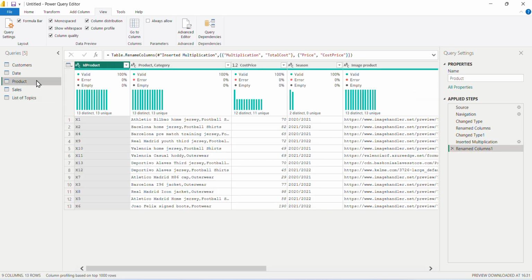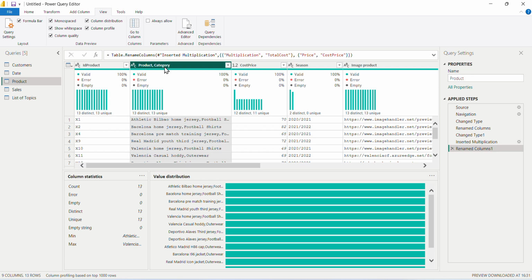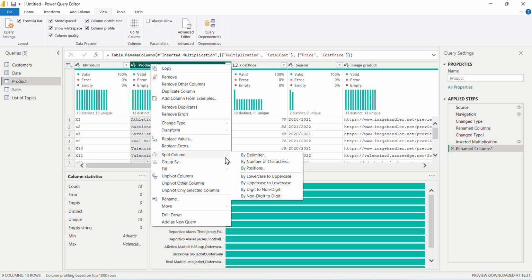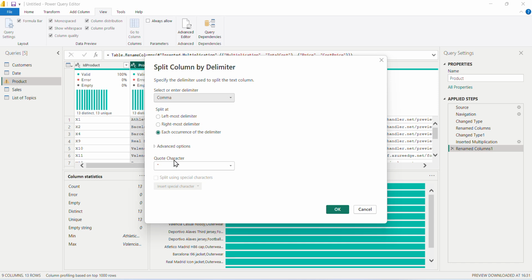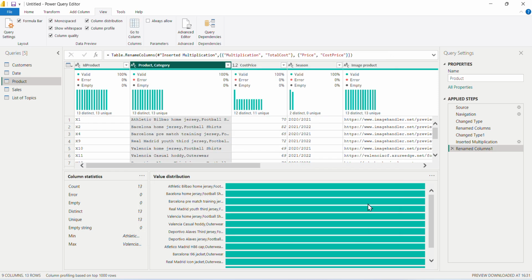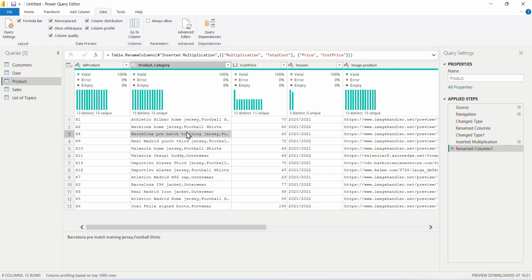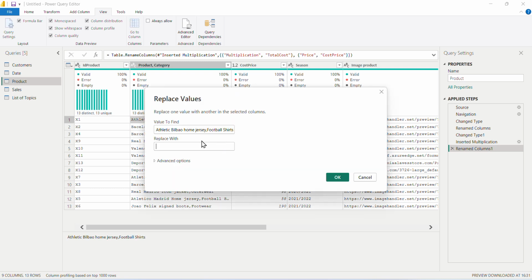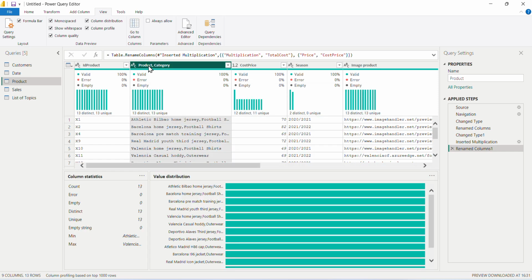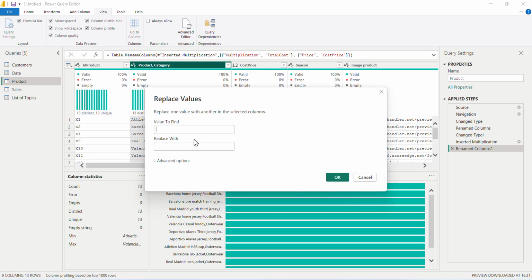We will now check the split column. So you can see product and category are combined over here. Now, if I right click and use this split column by delimiter, comma is the delimiter. I will cancel. So now we have the comma over here. Now I will use replace values. Replace values. Value to find is comma. Replace with